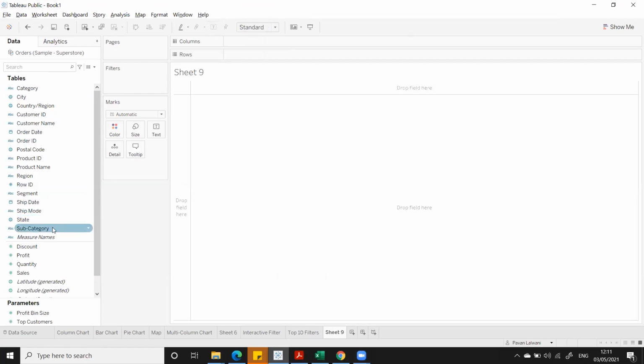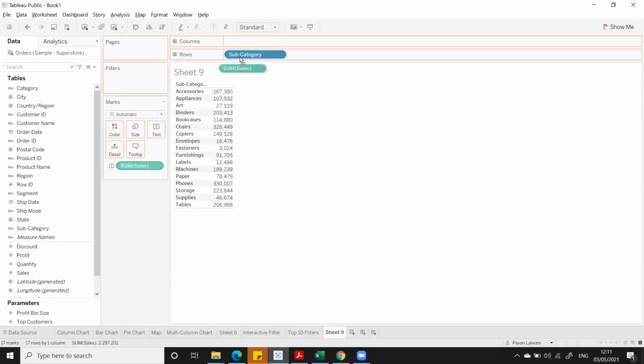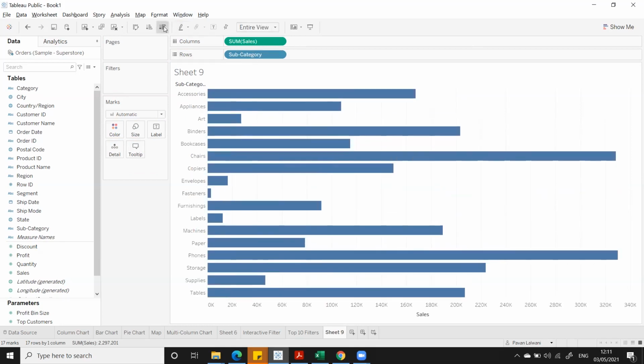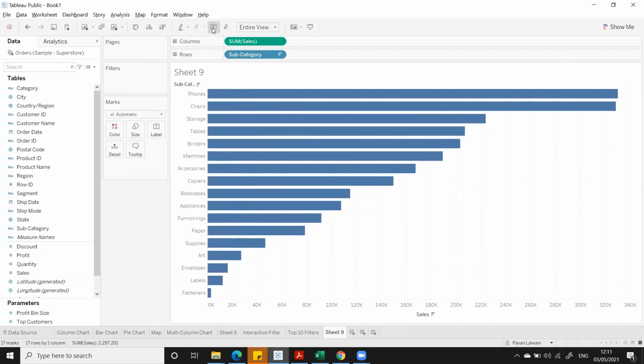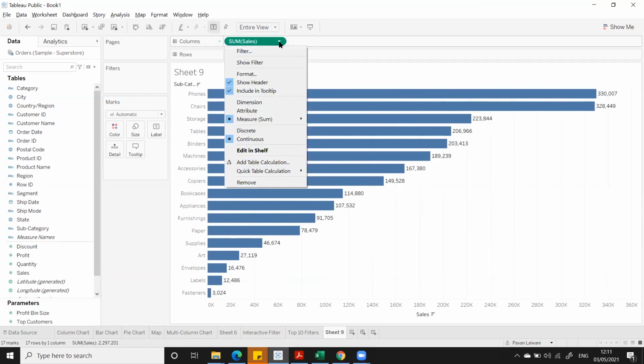Suppose I pick up subcategory here and I pick up sales into text or let's say into columns. So there's the same bar chart over here. When I click on the T option, that gives me label. So labels are based on whatever field I've selected, sum of sales. If I want to convert this sum of sales into percentage, I can click on the sum of sales.